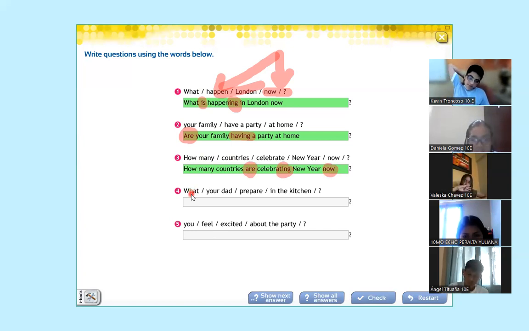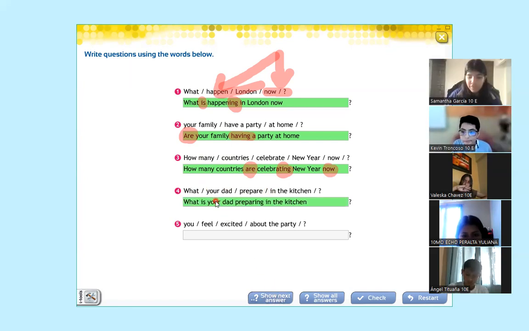What is your dad prepared in the kitchen? Okay. What is, remember, that is correct, preparing, Daniela. In this case, we said "is" because you need to include the verb to be into the question. Remember the form, What is